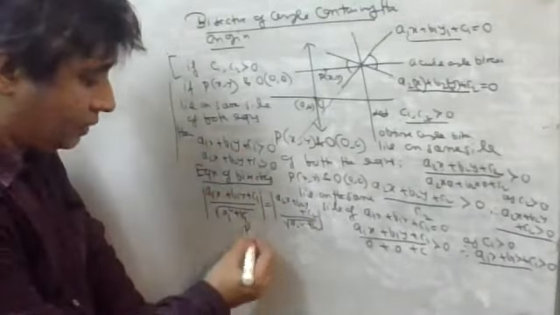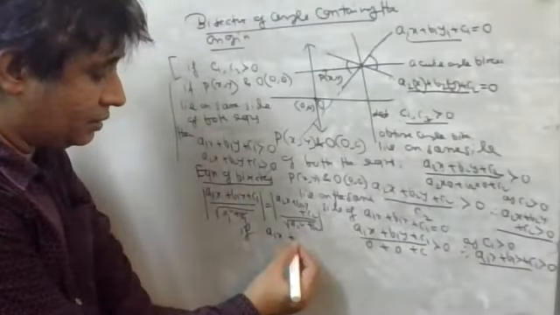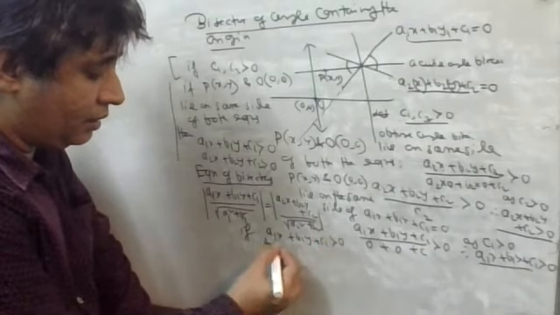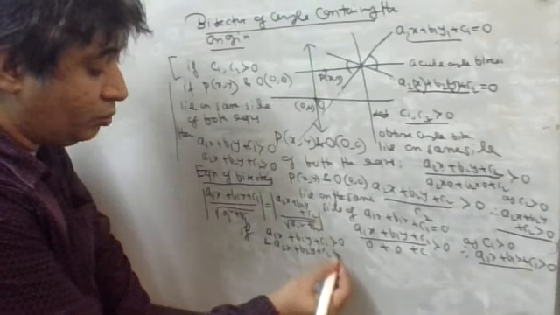Now, if A1x + B1y + C1 and A2x + B2y + C2 are both positive,